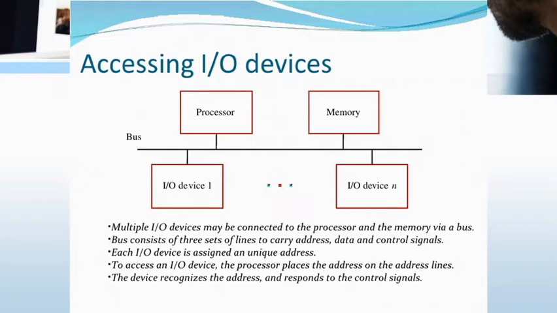Data lines are responsible for carrying the data. For example, when you type the characters x, y, z on the keyboard, the information is temporarily stored somewhere in the computer, and that time we need the help of data lines. Another one is the control line, which consists of control activity; we can perform and direct the operations.